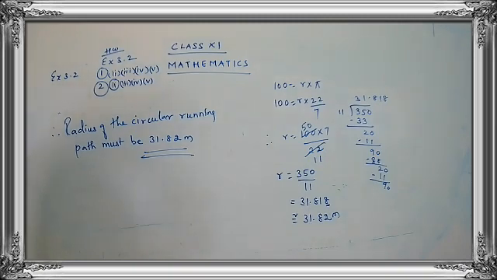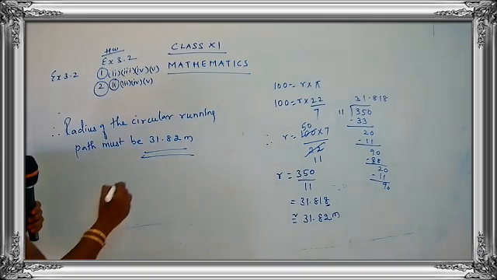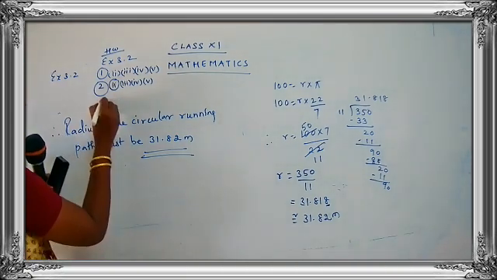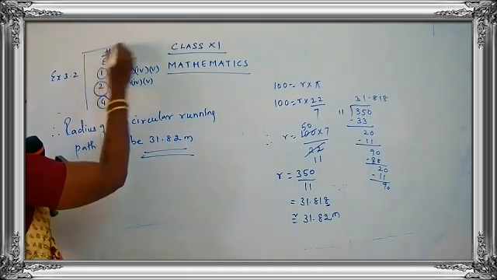Okay. Now I just want to give you one more homework sum. You are going to complete sum number 4 as the homework. The same formula, you're just going to use the same formula. S is equal to R theta. That's all. See the question number 4, children. In a circle of diameter 40 centimeter. So I'm just giving you a hint for the next question. That is sum number 4. So sum number 4 is also your homework.